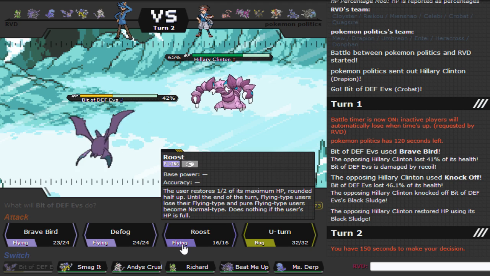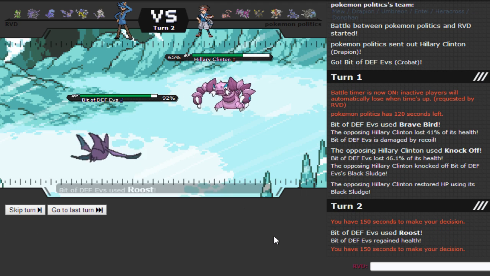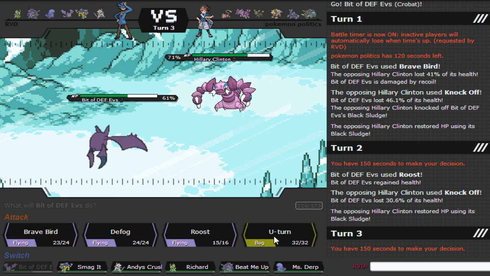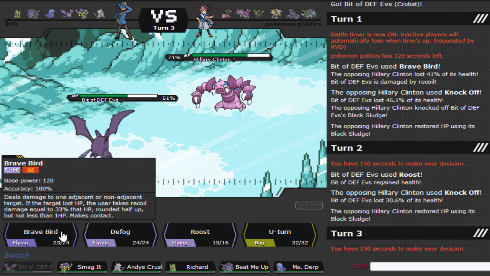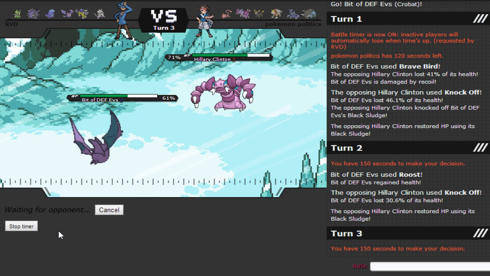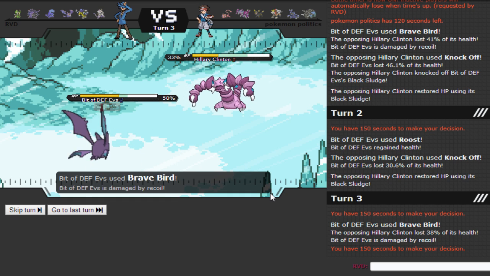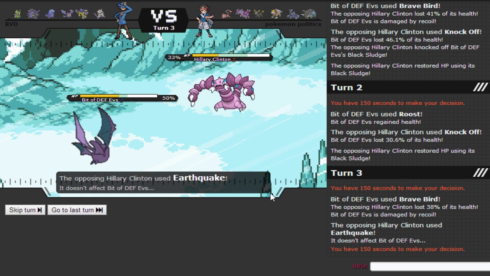But I'm just going to go for the Roost to be on the safe side, as he goes for the knockoff once more. So he's going to do around 31%, which means I can probably stay in and just Brave Bird, trying to take him down and eventually just be able to roost off the damage. Because even if he does want a Swords Dance, I can easily just switch right into my Quagsire, Scalded, or go for the Earthquake. As I get off 38%, I am going to be able to take this Earthquake, and